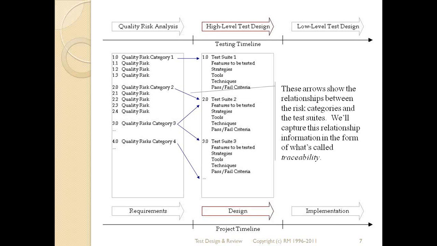So these arrows not only check that all the quality risk categories have been covered and my test coverage is complete, they are also giving you a relationship between test suites and quality risk categories, which is typically traceability, forward as well as backward. At the low level test design,